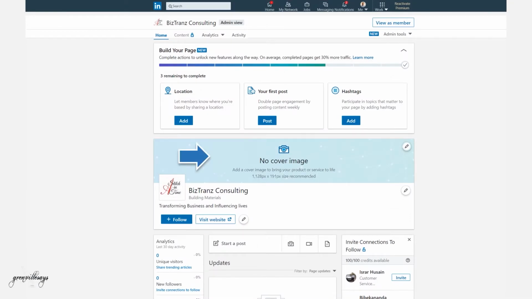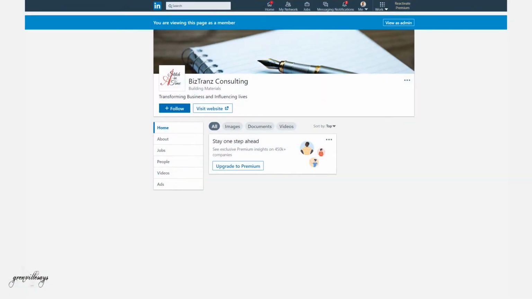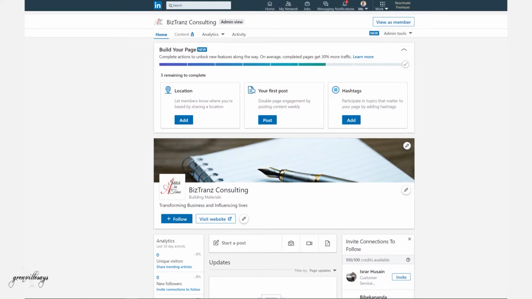You have an option to enter a cover image. So this would be the header image on your company page. If you click on the home button, the page that you would reach, you can see the analytics about this page, information about visitors and followers, what activities you perform on this page. You can enter a location if you have an outlet or an office where you would like customers to visit you. The system would prompt you to create your first post.